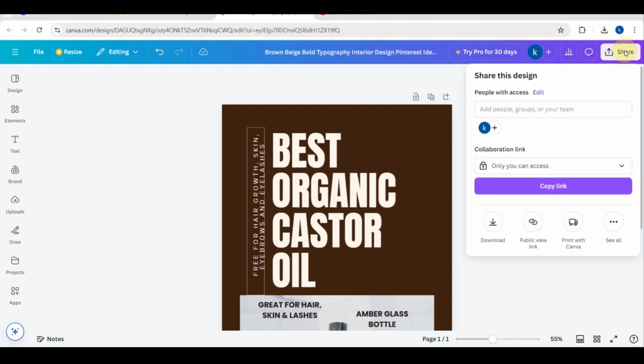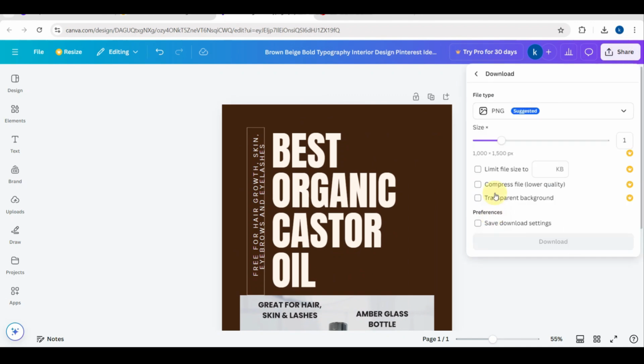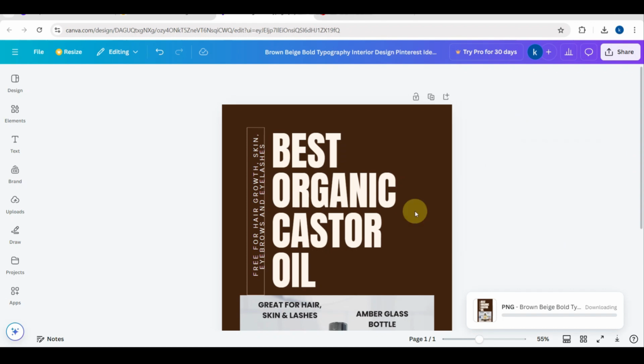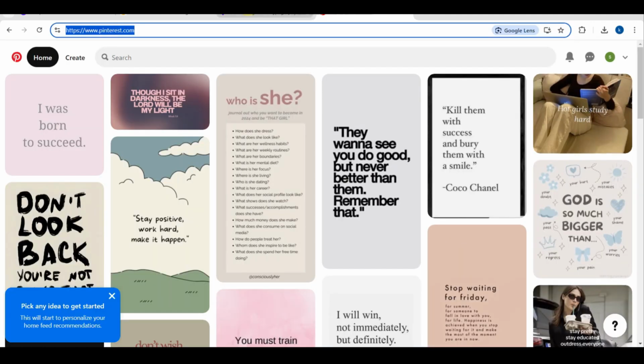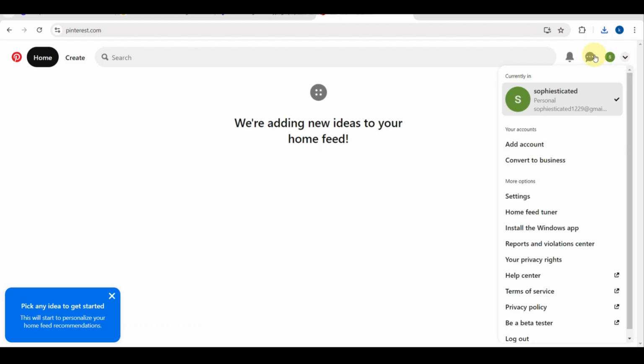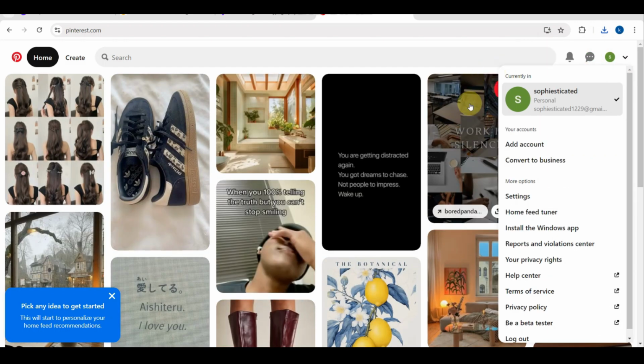So after this one is I just need to save this one. So tap on that download button and then save. So make sure guys that you are choosing the file PNG. So that is the high resolution image, and then after that one is go to your Pinterest profile and then